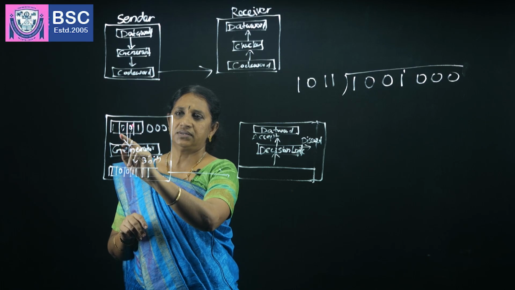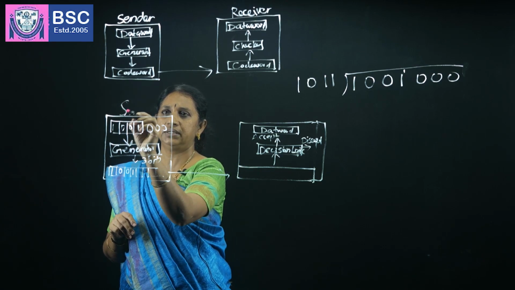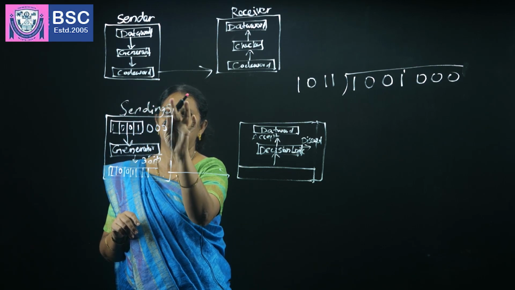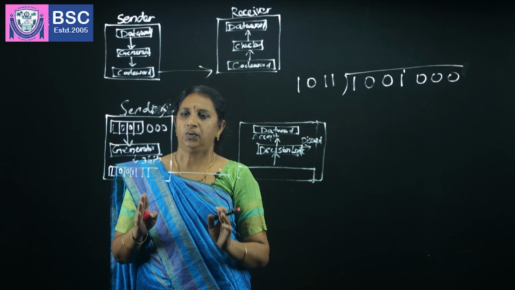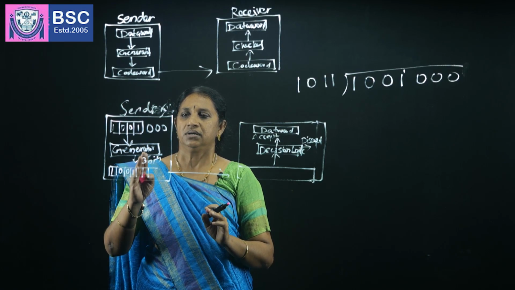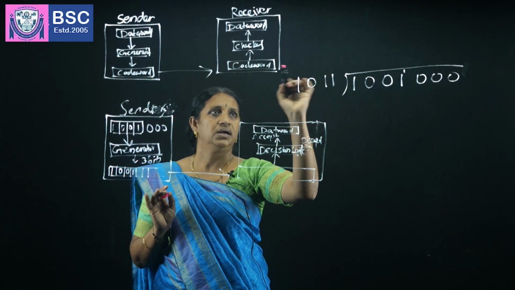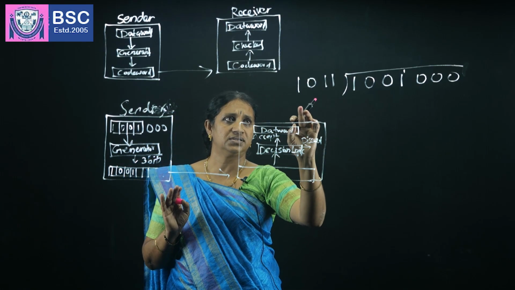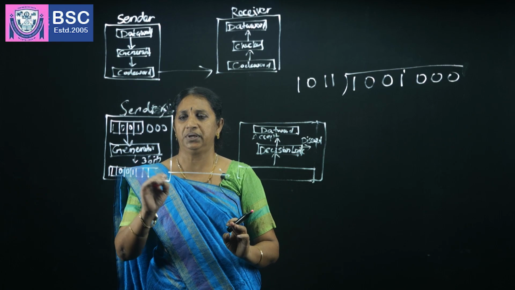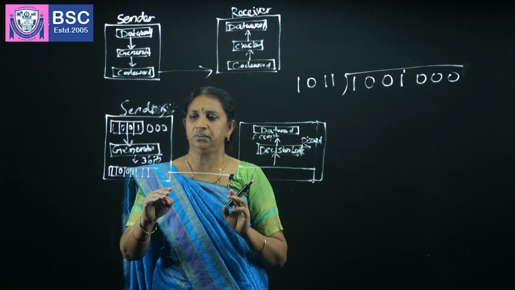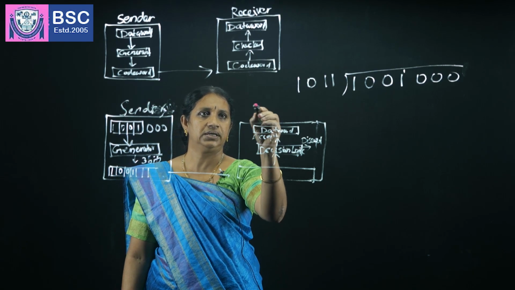According to this, we have selected 4 bits as the data word, and extra 3 bits are added by the sending side. At the sender, 3 bits are extra added or augmented along with the data word, and at the generator section, these 7 bits are divided by using a common divisor, and in this example we are considering the divisor 1011, and after the division operation we will get a 3-bit remainder, and along with these 3 remainder bits the data word is transferred through the transmission medium, and at the receiving side